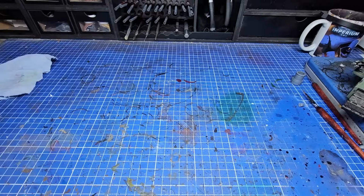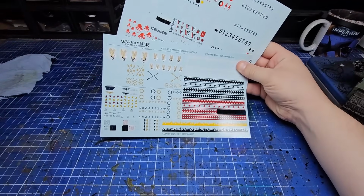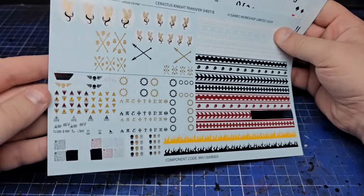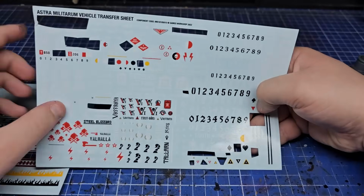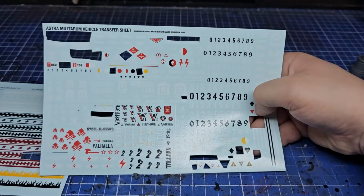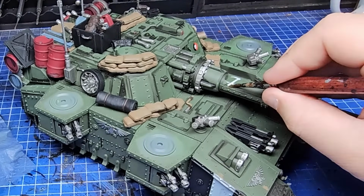With all of that panel lining now complete, it's time for a few transfers before we get into the really fun weathering. I'm using two transfer sheets. One is the Cerastus Night kit that has all these cool warning signs, and the other one is the standard Astra Militarum vehicle transfer set. I had free reign to do what I wanted with the transfers, so I just chose the ones I liked